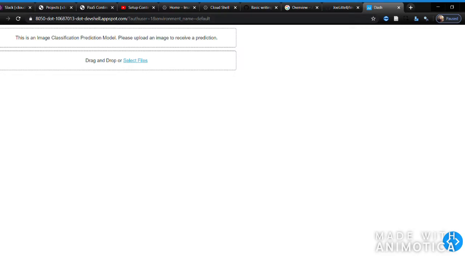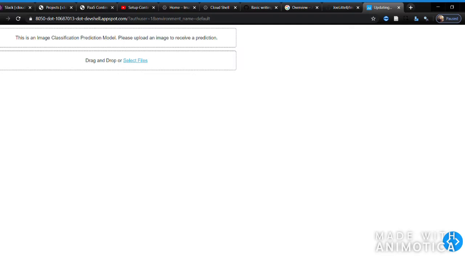If we just go and click select files, it'll take a second because my computer's going slow today, as is my internet. So we'll pick a picture of my dog, Grace, who is a golden retriever. Nice front-on image. She's a little old and she's red, so it may cause some issues with the